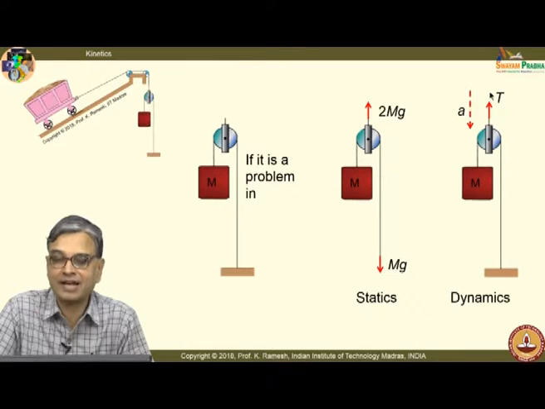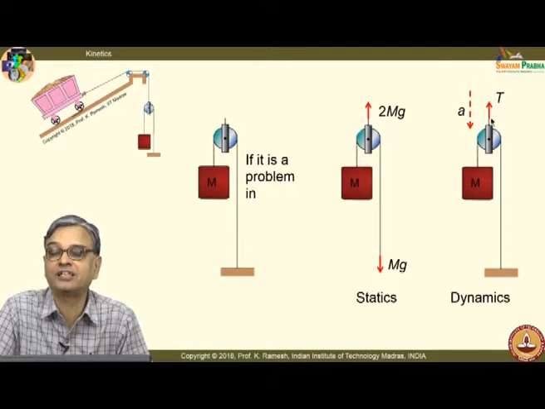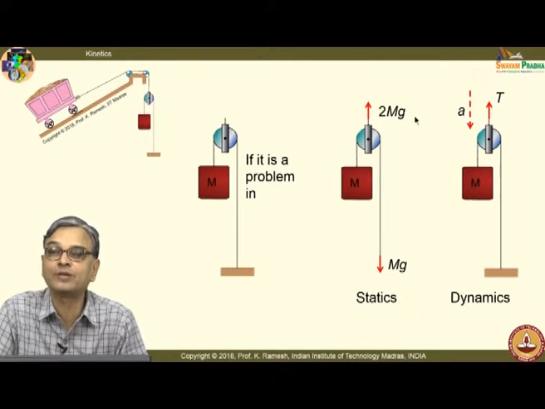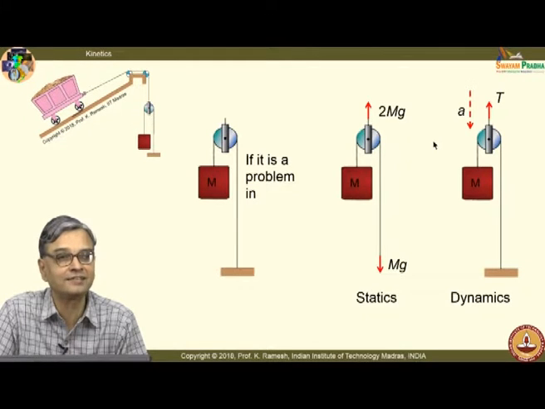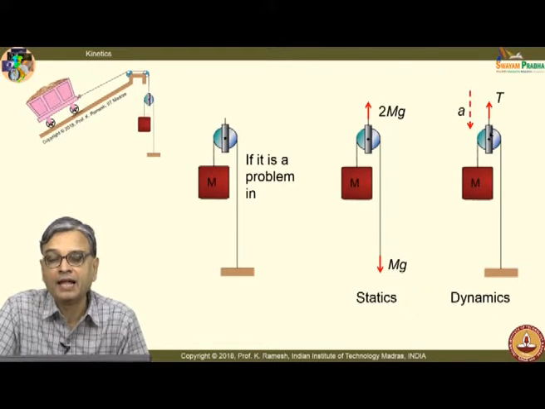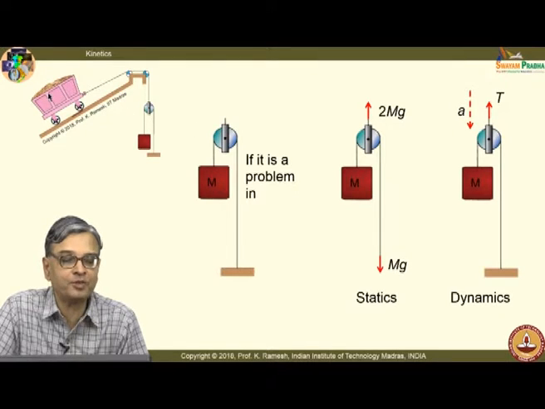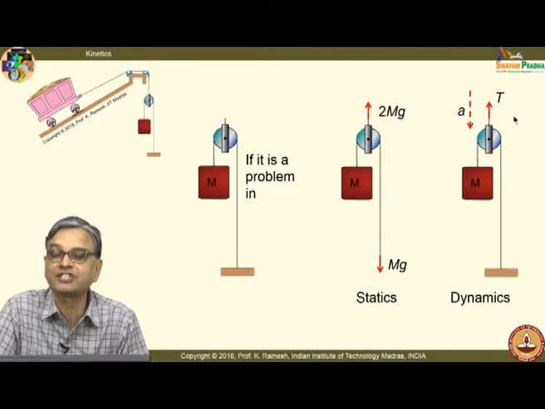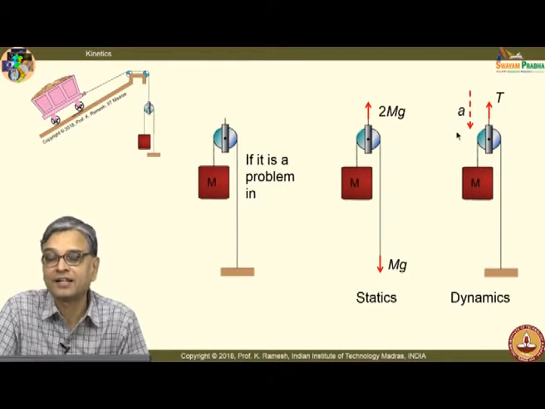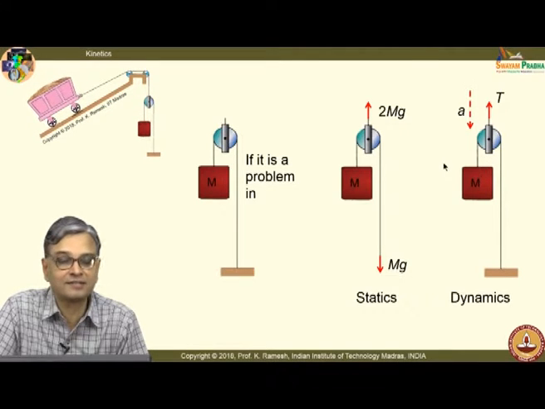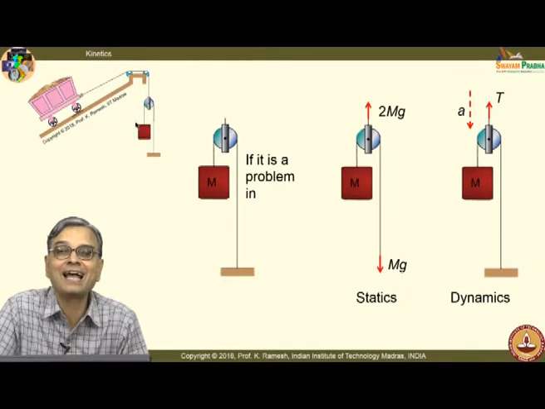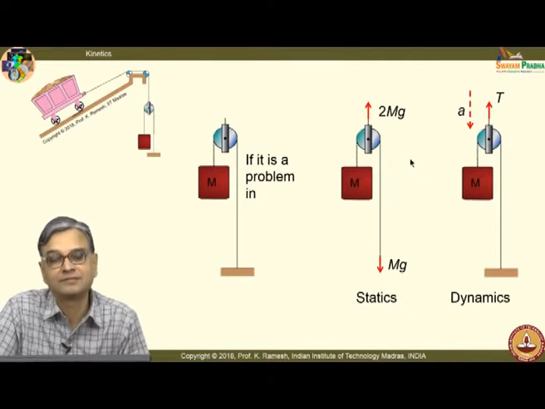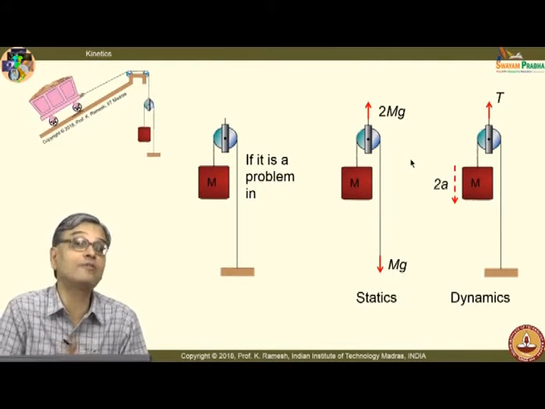And what I have is, I can only say that there is tension in the cable. I cannot quantify it as 2 mg like what I could do in statics. That is number 1. And from the physics of the problem, this cart is moving up, the same string is coming down. So, I can say that this has some acceleration. But what happens to this mass? You look at here, what happens to this mass? What is the acceleration of the mass? So, it is 2a. You have to recognize that.